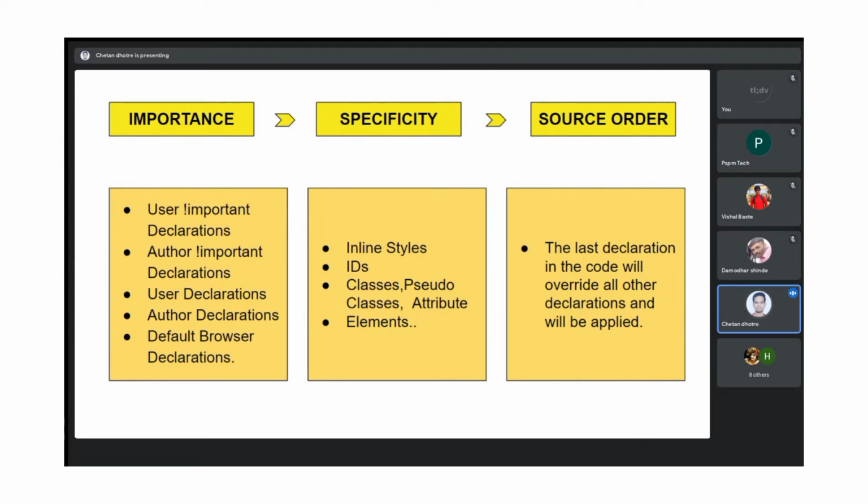And the other one is the author declarations that we have declared for some reason, maybe because our code is not working at all, that's why we use important. The other one is user declarations. The user can also change their theme, like light or dark. Also the author has the ability. And the other one is the default browser declarations.